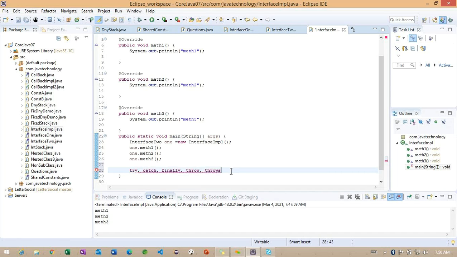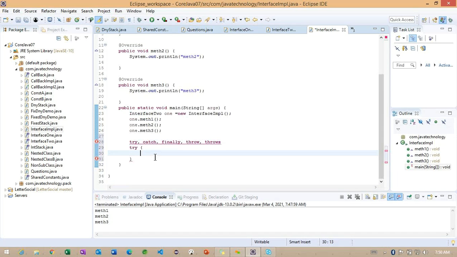Getting the point. Basically, some of the exceptions are generated by our Java runtime system. First, we'll check how exactly the Java runtime system exceptions are thrown here. Later, we'll see how we can create custom exceptions. To work on this, we need to follow some blocks here. What are the blocks we need to follow?